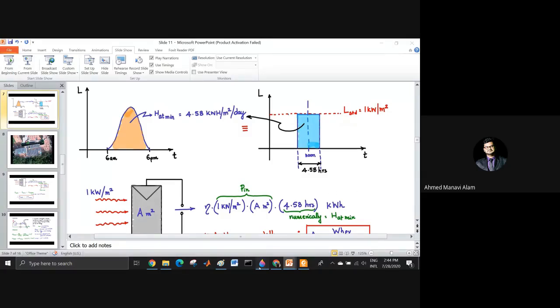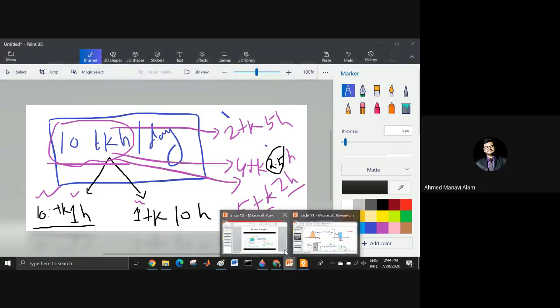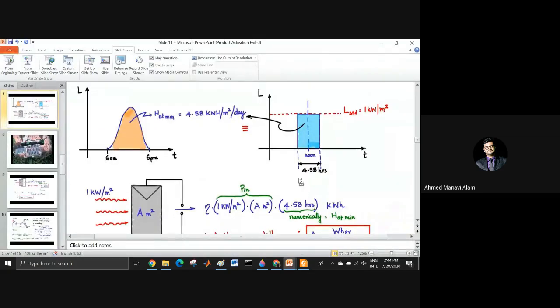Everyone understood, this is what the analogy means. If I ask you, you are spending 4 taka, then how many hours will be here? Who can say how many hours? Anyone? 2.2 hours. 2 point what? 2.2 or 2.5? 2.5, sir. Yes, 2.5.